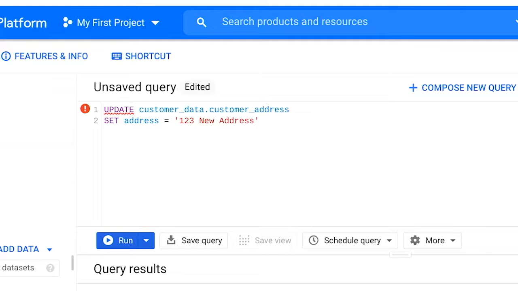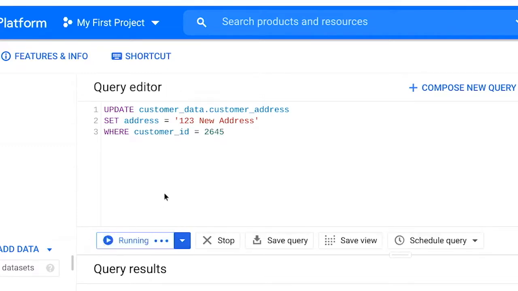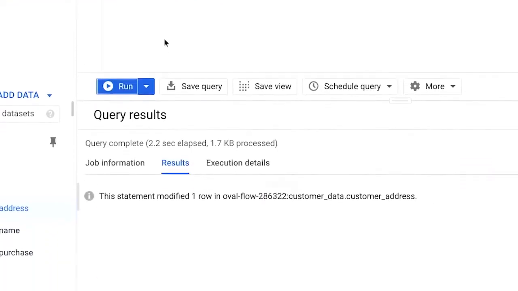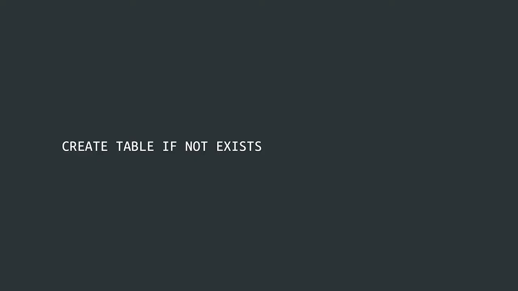But we also need to tell it where we're making that change specifically, so that it doesn't change every address in the table. There. Now, this one customer's address has been updated. If we want to create a new table for this database, we can use the create table if not exists